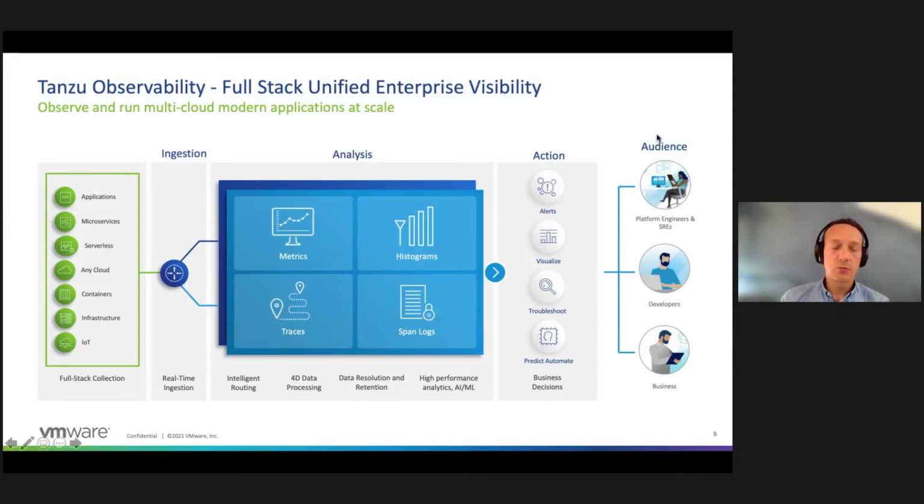Tanzu Observability is an enterprise-grade observability solution that, as you can see here, can ingest hundreds and thousands of data points coming from the most various sources like cloud, container, IoT, infrastructure components, and bring rich analytics capabilities to create metrics, histograms, alerting, and span logs, and then present this in a smart context to a wide array of users within the organization. It can be SREs, or platform teams trying to understand some of the challenges of the misbehavior that Uday was talking about in their application, to quickly come to a root cause.